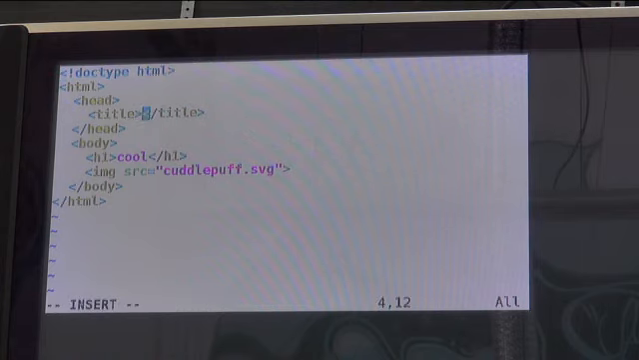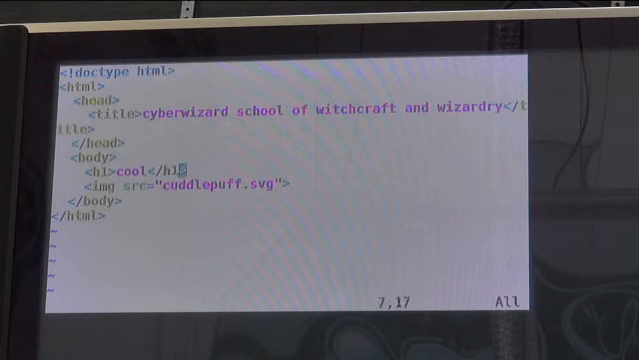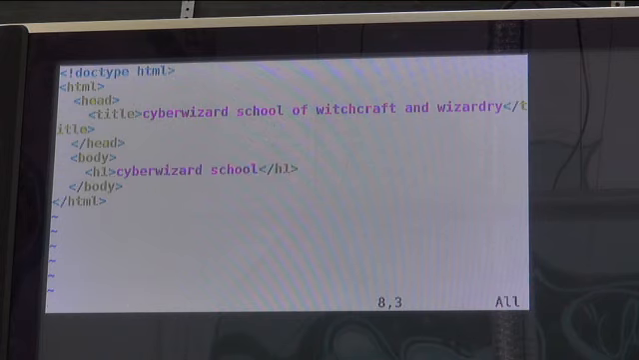This will be a Cyber Wizard School of Witchcraft and Wizardry. And now in our body, we'll say Cyber Wizard School. Okay, so now we're going to maybe need a form for if we have a new student. We'll want to sort them into the appropriate house. We're not going to do that in person. That's ridiculous. We can get a computer to do that for us because we have even more powerful kind of